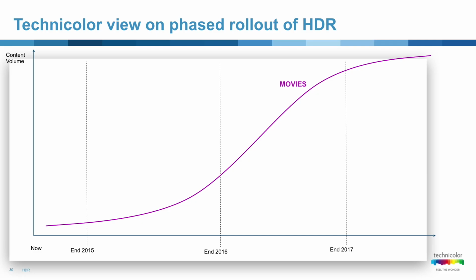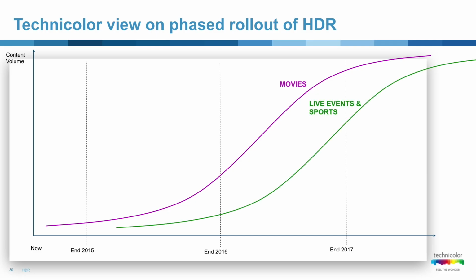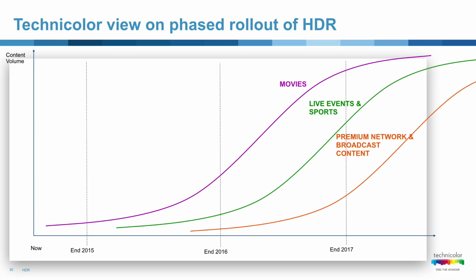We think after movie content, live sports, live events will come next. They have their own restrictions, own rules, own things they have to abide by because they have a completely different workflow. I'll show you some of that high level in a little bit towards the end. Premium networks like HBO, Showtime, we think will come next. Those premium networks will come on the heels as they're currently exploring how do I actually get my content out in every potential outlet, including broadcast, because they have to pay attention to letting out the same content everywhere.